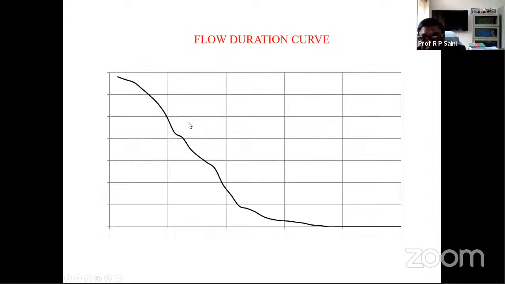So based on that, you draw this curve. And then depending upon that, that's why you have to understand this. I'm not sure it is clear, but it is available on the net also. You have to deal with this flow duration curve and then find out the economics. Then only can I say that it will be feasible.